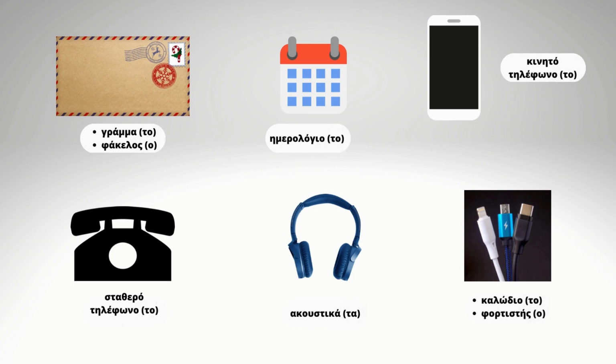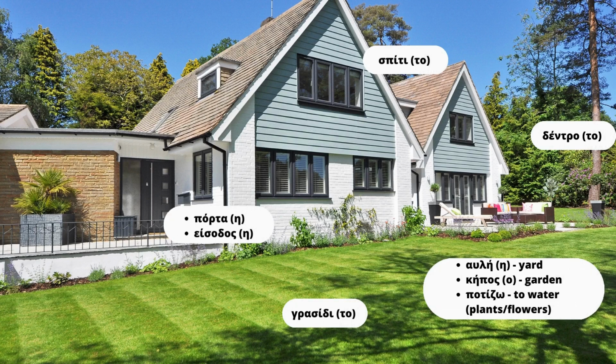And the last two words of this topic are το καλώδιο and ο φορτιστής. Το καλώδιο means the cable, and ο φορτιστής is the word for a charger. If you want to charge your phone, your laptop, any kind of device, you use φορτιστής. We are out of the house, in front of it actually, and let's check out some important words in